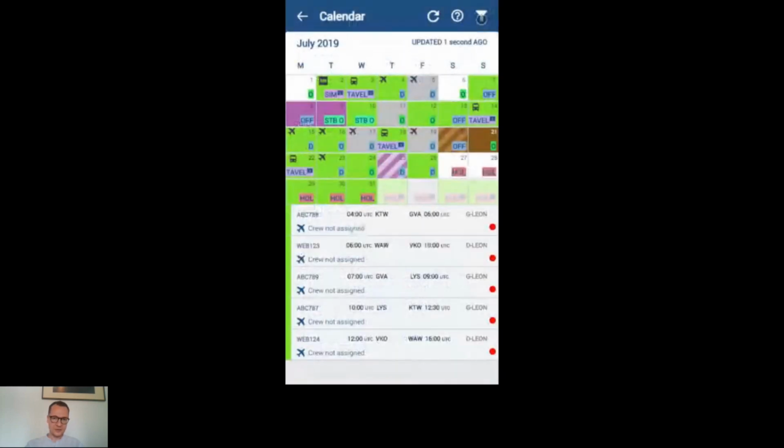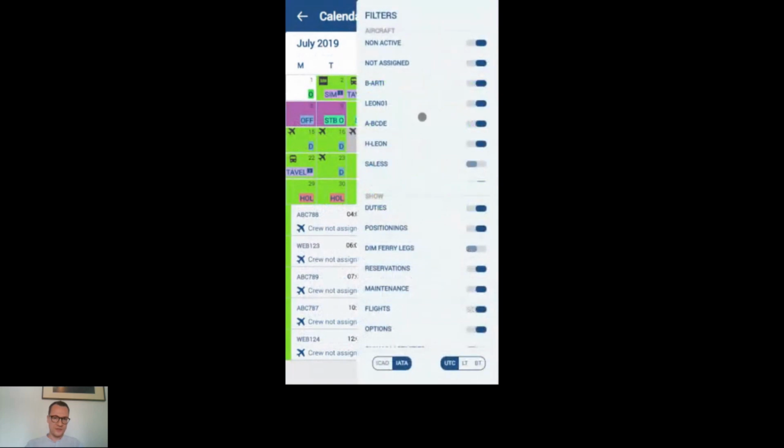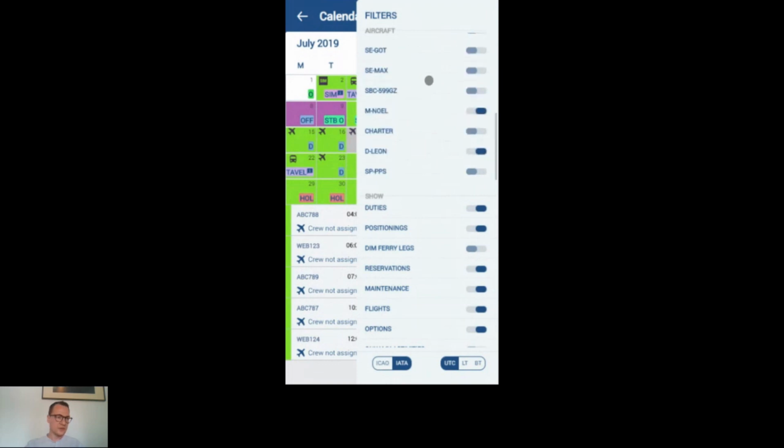And this little pin icon, which is a filter. The filter is divided into two sections. The top section is for aircraft, and the bottom section is for show. Now, with regards to the aircraft section, obviously you can filter by aircraft, filtering out the aircraft that you, as a crew member, don't want to see in the mobile app. So the crew member can simply click on an aircraft and switch off the aircraft view. As you notice, the tile on the 30th, if it's switched off,